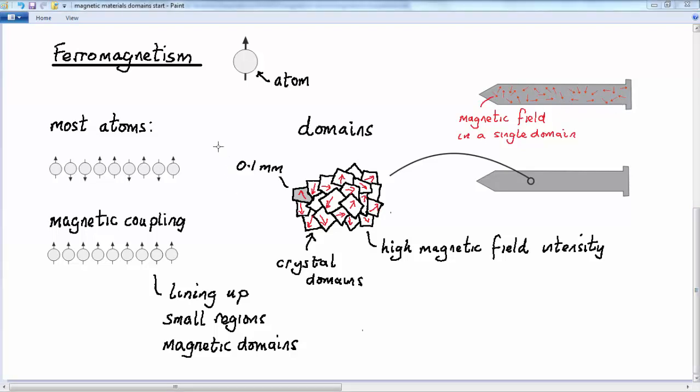Now there are just a couple of things that I'd like to emphasize before we finish. And the first thing is that all this business about ferromagnetism and magnetic coupling and all this stuff to do with atoms really is outside of your GCSE curriculum. You don't really need to worry about these things. They're there just for a background because it's kind of important to know where this concept of domains comes from. But what is really important for you is you know these domains are there, and you can use them to explain a number of different phenomena associated with